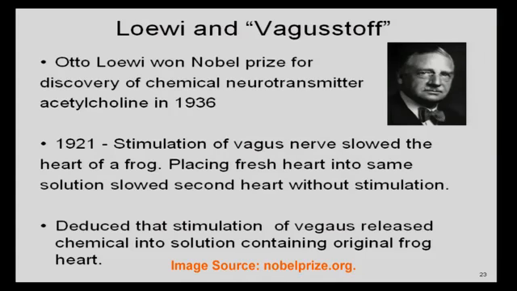Otto Loewi won a Nobel Prize for the discovery of chemical neurotransmission, and specifically, he discovered the chemical neurotransmitter acetylcholine in 1936, a major neurotransmitter that we'll be focusing a lot on in next Monday's lecture. It tells a nice story at the beginning of this chapter, I think it's chapter 3 in your book, that he was trying to